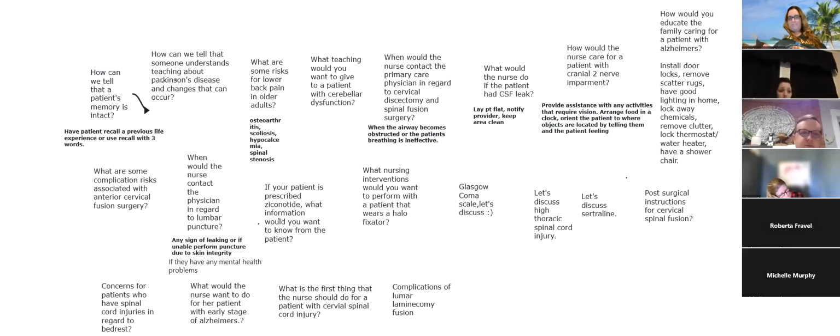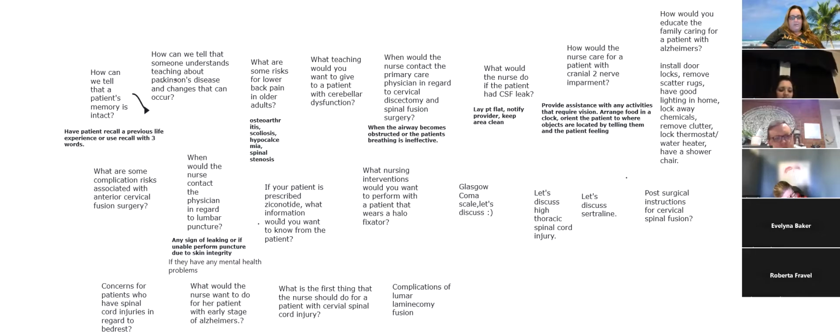Why not? I don't know the exact reason why, but I do know you're not supposed to stop a beta blocker abruptly. Would you have rebound? Right, you can cause vascular changes. Yep. Okay. All right, so